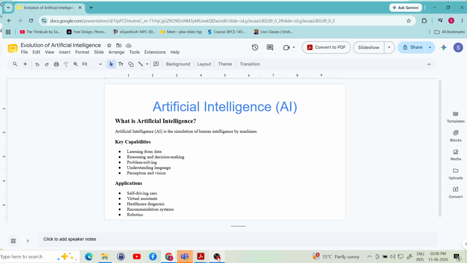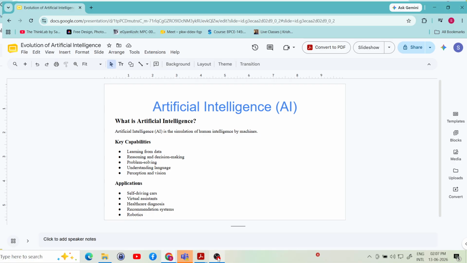You can see these are all applications in day-to-day life. There are lots of self-driving cars on the roads of Dubai and the US. In healthcare, we are using robotic surgery, where we can perform surgery from 1,000 miles away, right? And you have also experienced recommendation systems on YouTube, Netflix and Google. In robotics, there are lots of humanoid robots on the market with very good intelligence, and they can perform lots of household tasks, right?